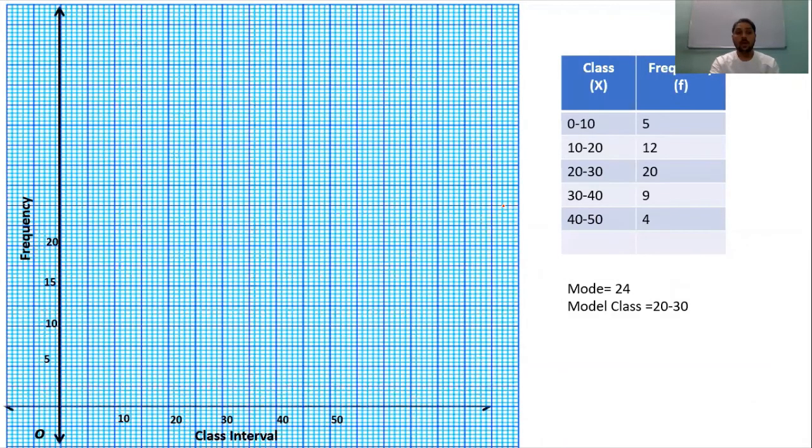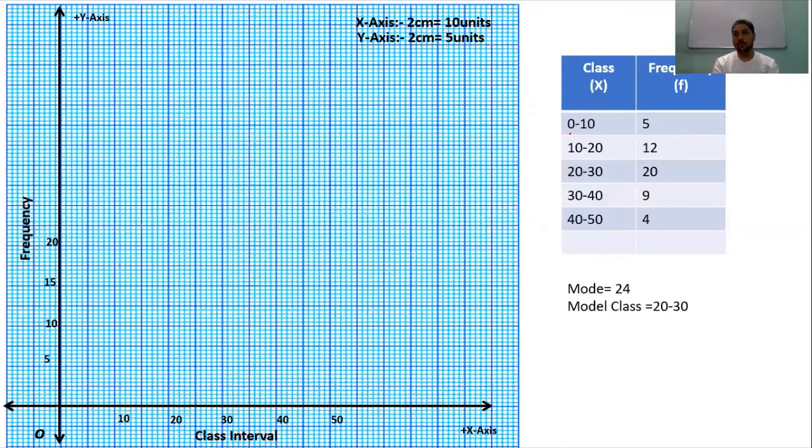Okay, now again take the x-axis and y-axis, and decide your class interval and scale factor. Along the x-axis we take 2 centimeter equal to 10 units, and along the y-axis we have taken 2 centimeter equal to 5 units. This will be your origin O here. So now we will plot your